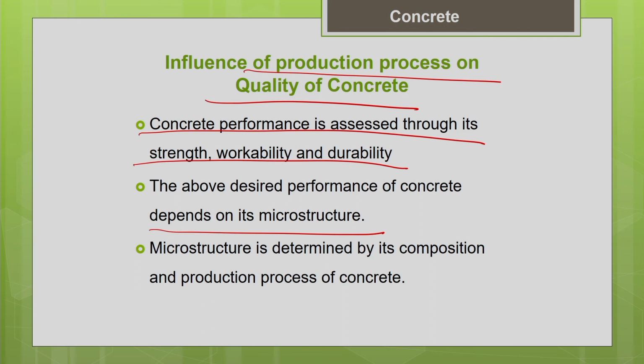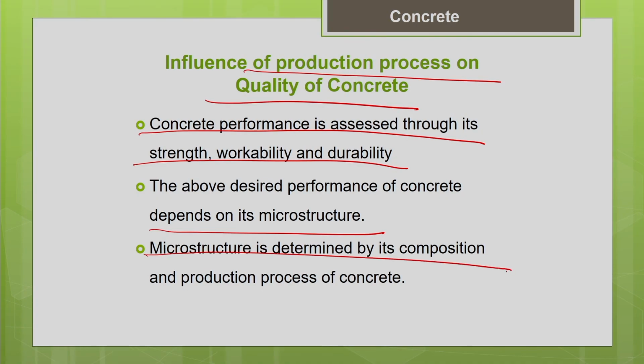To get the desired microstructure, we need good quality control in the production process, right from the mix design, because your microstructure depends upon the mix composition. How much quantity of aggregates and how much quantity of cement, everything is going to decide the microstructure of your concrete. So, starting from the mix design, we should have strict quality control. Also, how you mix the concrete matters: we should mix in such a way that you get a homogeneous mix, so that there is a uniform coating of paste around the aggregate, which will result in a good microstructure. Similarly, you need to consolidate the concrete so that all the unwanted entrapped air voids are removed.